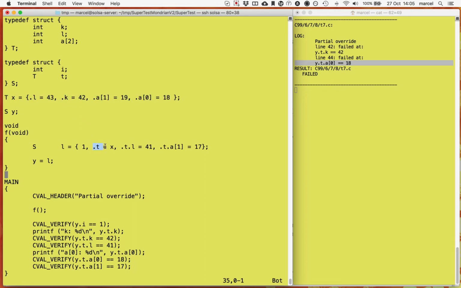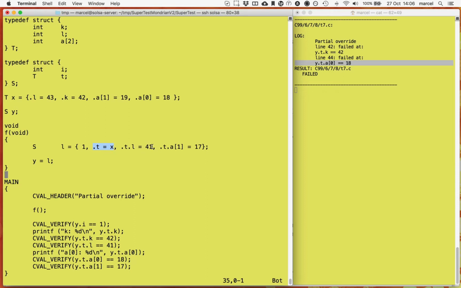So this initialization makes the .k field 42 and also the .a0 field 18. Those are set in this nested structure initialization. Then the initialization continues because it sets t.l, in the same structure that's already initialized here, so it's overriding a field in this structure itself,